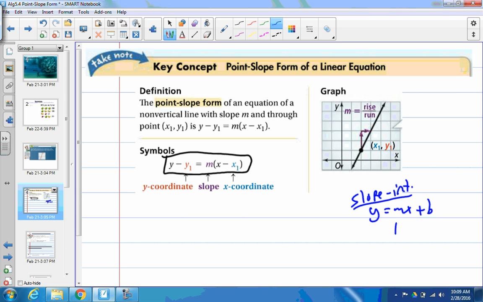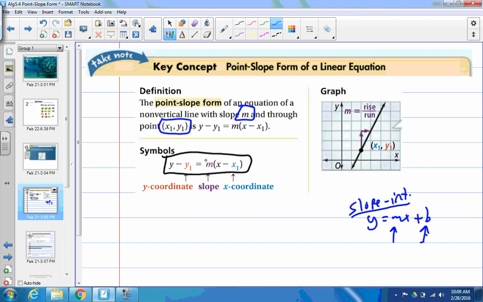Where we had a number for m and a number for b. m was the slope and b was the y-intercept. All right. Now we have point slope form. You have a little bit different. It's called point slope form because we have a point x1, y1, and the slope m. So m is the slope. That's where the slope goes now. And it seems a little backwards having the y's in the front and the x's in the back, but the